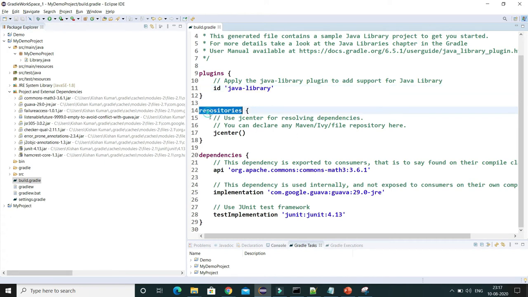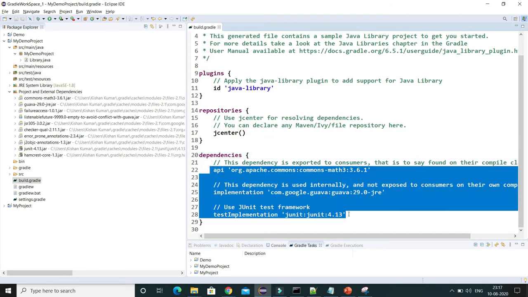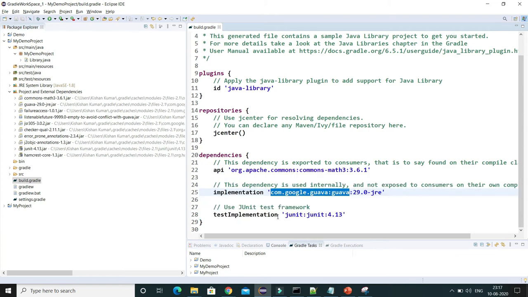We have added the repository, so the JCenter repository is added. Apart from that, if you want to download your dependency from Maven, Ivy or the file system, that repository also you can add. And inside the dependencies section here you can see our project is dependent on these. Of course this Guava internally depends on some other jars as well.